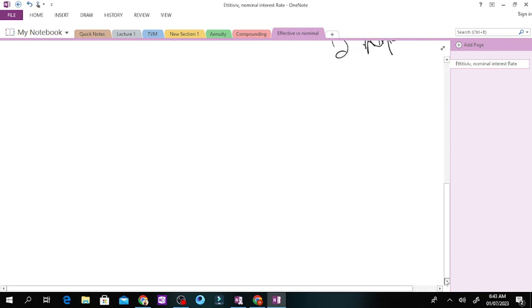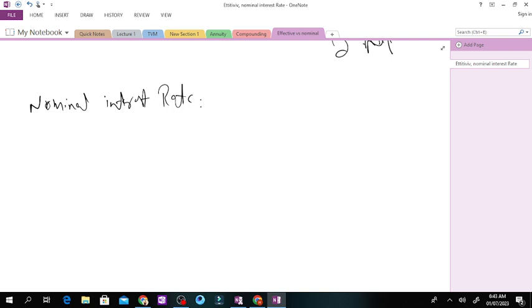So we are at our concern topic, which is known as effective versus nominal interest rate. Let's talk about what the nominal interest rate is. The nominal interest rate is a rate that is used as an indication. You can't say this is the rate that you would receive in the future. No, this is not the genuine rate that you would receive in the future, but just an indication. Why? Because this is the interest rate